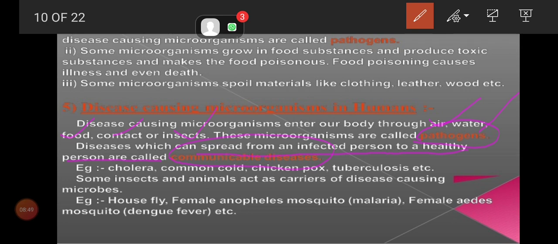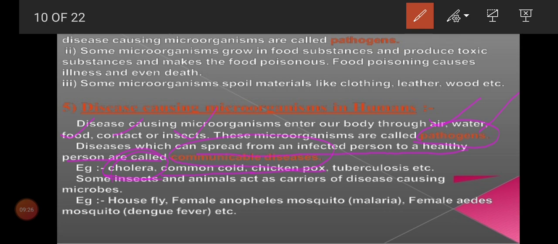So all those pathogens are creating diseases, and we are going to see some example diseases, all of which come under communicable diseases. So what are the examples for communicable diseases? Cholera. Cholera is a bacteria and it is spreading through water. I'll give an explanation for that. I have one flow chart, in that you can follow everything. So we'll see just examples alone now. So cholera, normal common cold, and chickenpox.